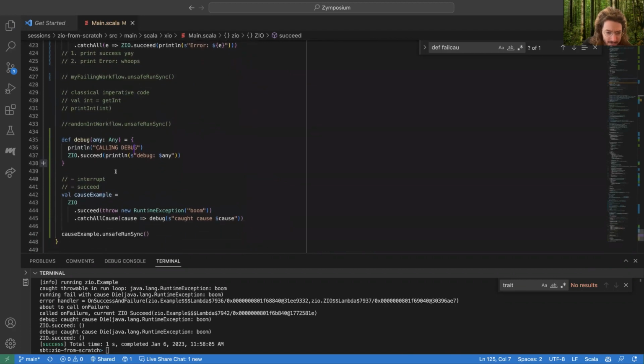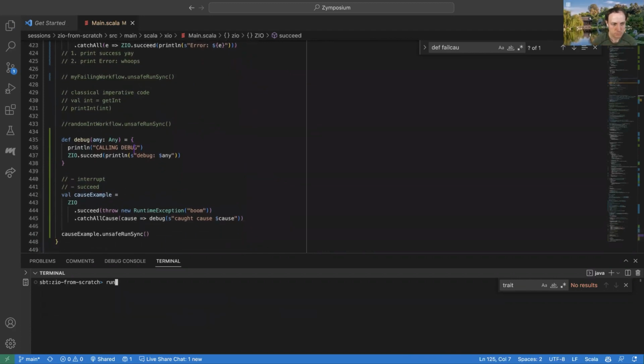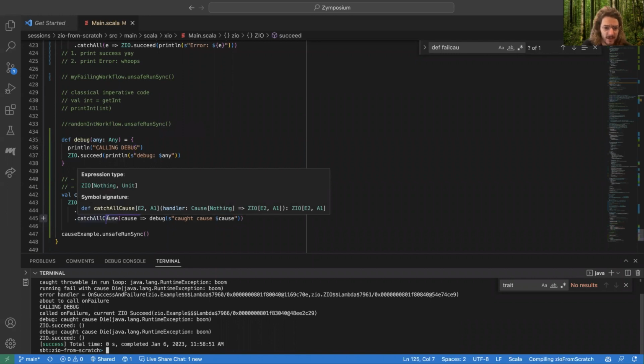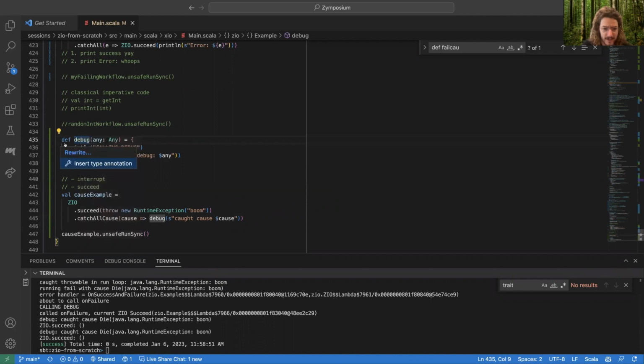Can we run it one more time? So we did call debug, about to call on failure. So we're getting that ZIO succeed back. Maybe we're doubly nesting this there? So in the error handler, about to call on failure, we did that. Continuation on failure, we're calling that with the cause, which called it, and that got us a ZIO succeed back, which should be a huh.